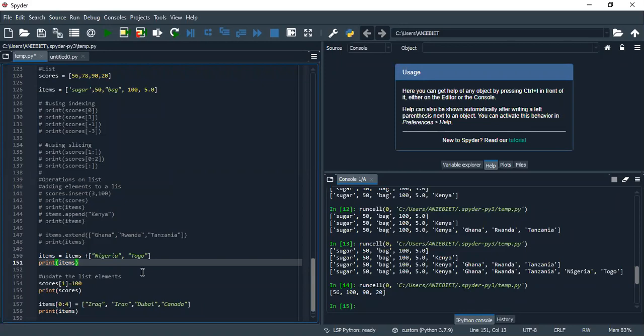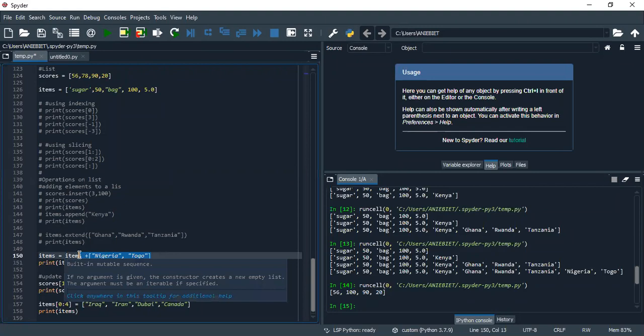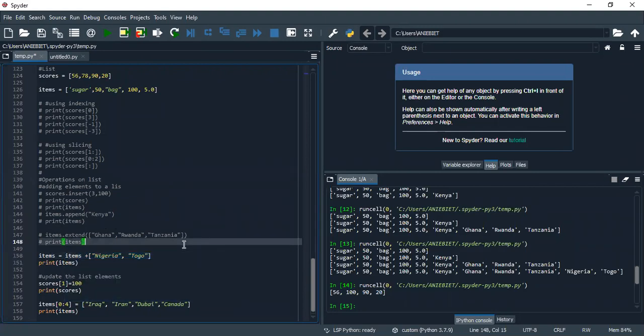Is that all that is going to be there? Don't forget that there was something also in our list before: Nigeria and Togo. Plus Nigeria and Togo, and apart from that, we have 0, then 56, then 4. There are two lists here, right? We have scores and we have items. The one I'm trying to access now is not scores,